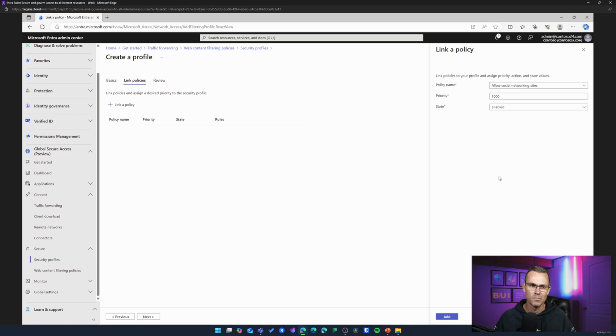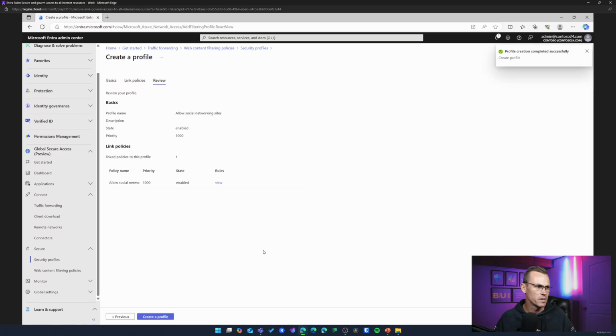I'm going to change the priority again, because I just mentioned priority for multiple profiles, but we also have multiple policies per profile. So we also want to create priorities around that. You can already start thinking that from a production implementation perspective, there's a lot of thinking that needs to happen in getting these priorities correct, in terms of which one should be at the top or higher priority. Typically your block policy should be of higher priority, I would imagine. But in this case, I'm going to also make this 1,000, which gives us more room to play with additional priorities in the future. So I'm going to go next.